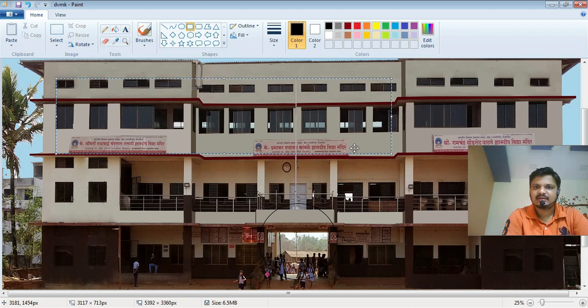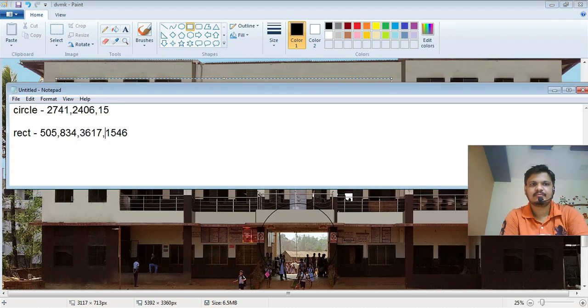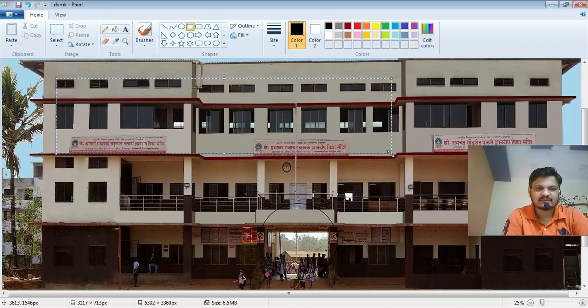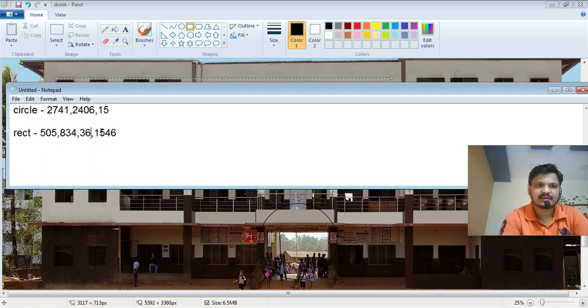And diagonally, the bottom right corner shows 3617, 1546. Again, 1546 is perfect. 3613, I'm going to change it to 3613, there is no problem. So these are four values: this is x1 y1, this is x2 y2. These four values give the complete clickable area.